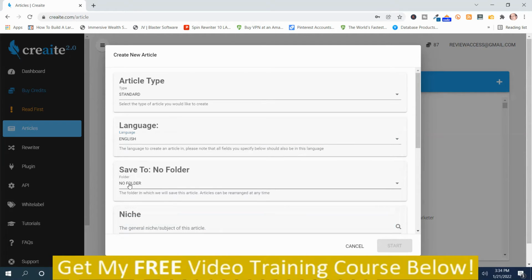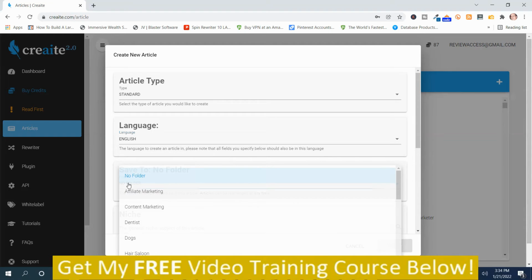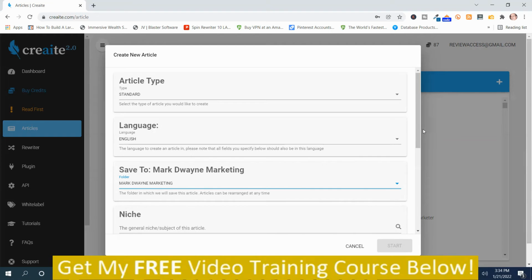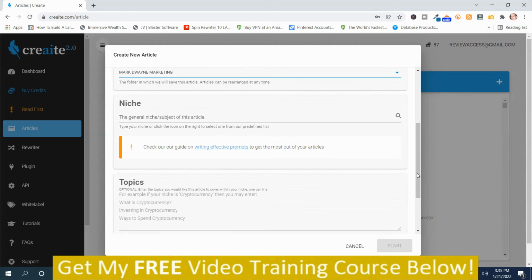And then you got the option to save to the folder. So I'm going to look for my Mark Dwayne folder. Mark Dwayne Marketing. We're going to scroll down, and then here's where you select the niche. And I did have a little trouble with this, not finding an article, but the mouse didn't seem to work here, so you're going to have to bear with me if it takes me a minute to get this to work right. But anyway, you just type in a keyword in your niche,